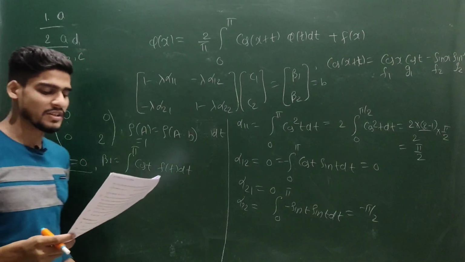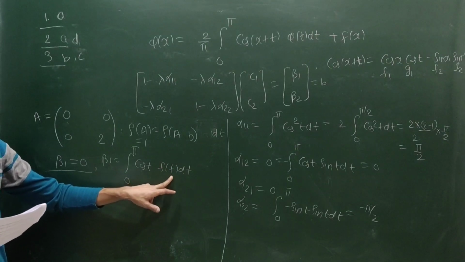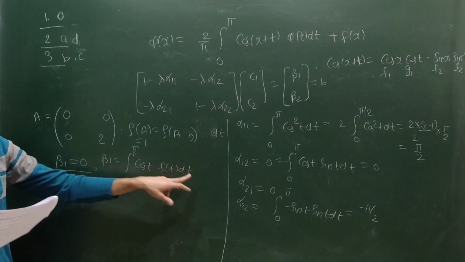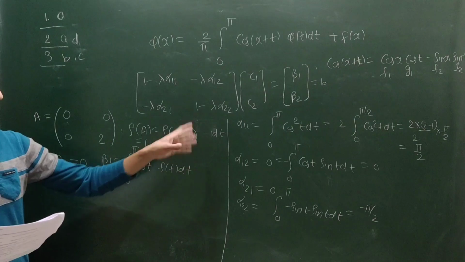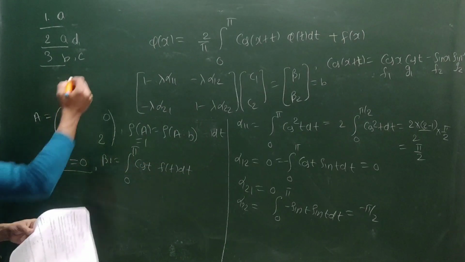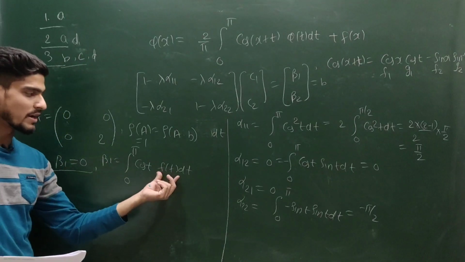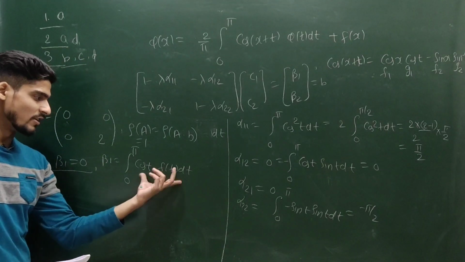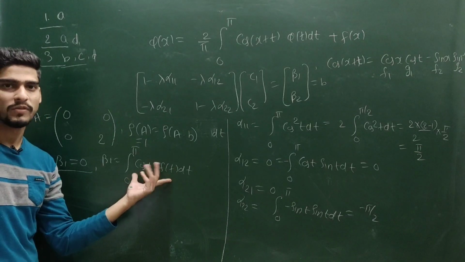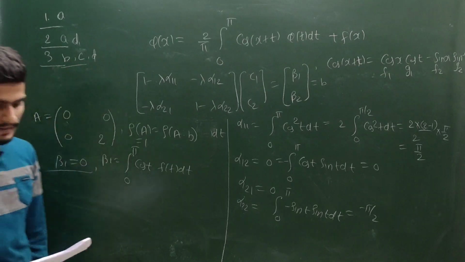Option D, f(x) is equal to sin 3x. If you choose sin 3x, then cos t and sin 3t will be orthogonal to each other, then this will give you 0. So beta 1 will be 0 in options B, C and D. Then you will have infinitely many solutions. So B, C, D are possible. A will not be possible because f(t) will be cos t, which will give you beta 1 as a non-zero quantity, which we do not need. So the correct answer will be B, C and D.